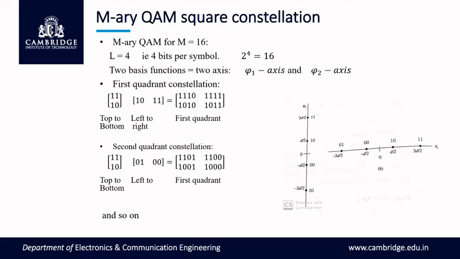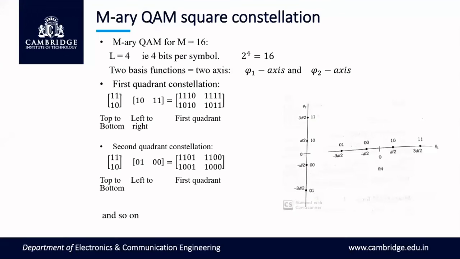In M-ary QAM, let us take the number of symbols as 16, just an example. M equal to 16 means 16 symbols are there. For 16 symbols, you have to choose 16 amplitudes for the carrier signal. Remember, 16 symbols are there at the input. Only one carrier is there. Using one carrier, I developed 2 carriers: one is cos 2 pi f t, another is sin 2 pi f t, so that the system becomes a quadrature system.